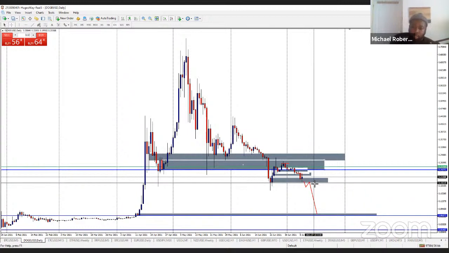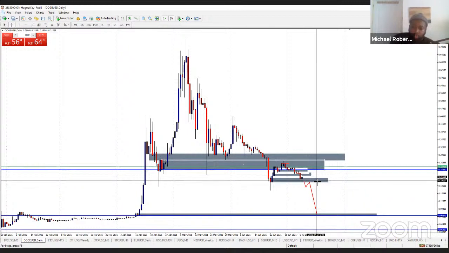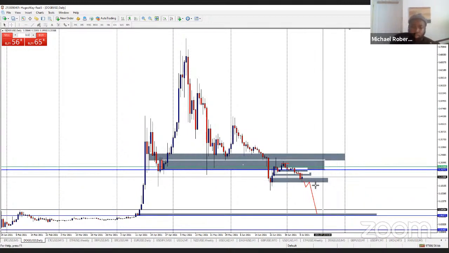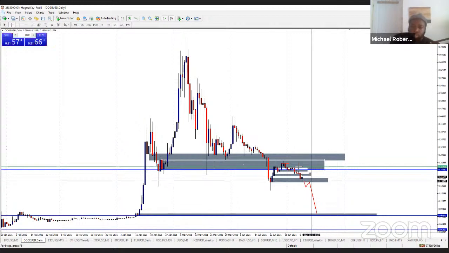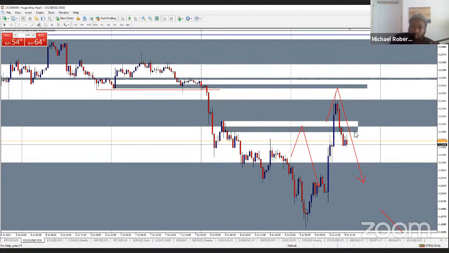Once the body of any of the daily candles close beneath here and we get a return and a drop, the price is not coming back. So with Dogecoin, even if we didn't capture it up here, just the fact that we can capture this move here would make a world of difference for us. Okay, so I'm watching very carefully what the price does.